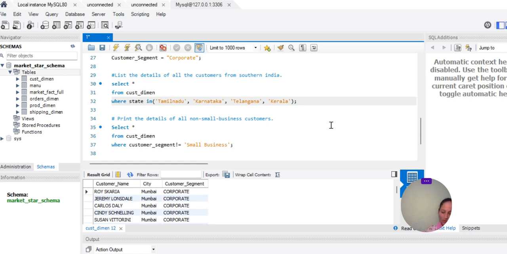So, what is the way? How should I define it? We can write a query in a simple way.